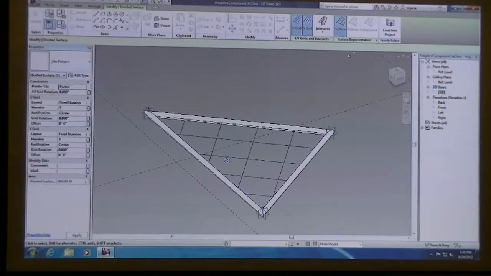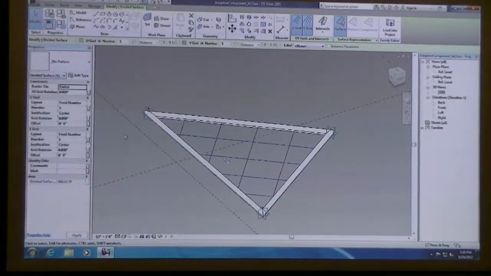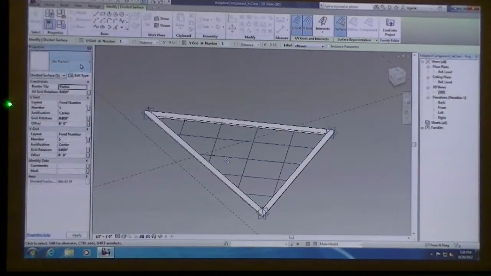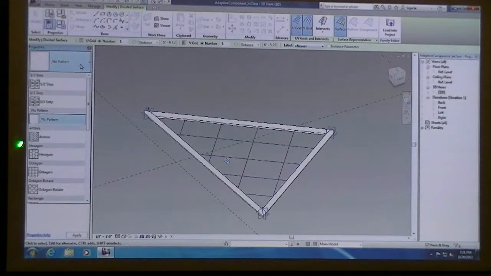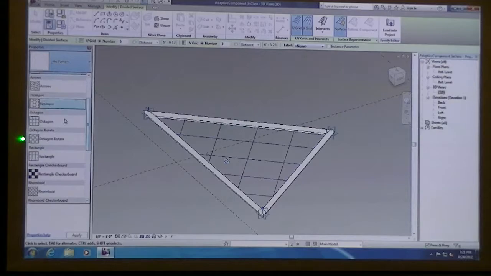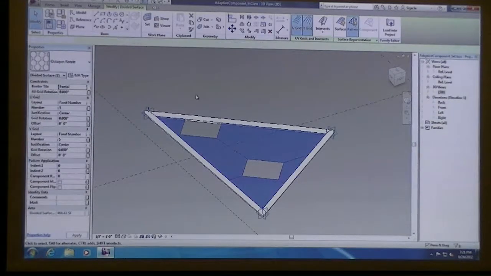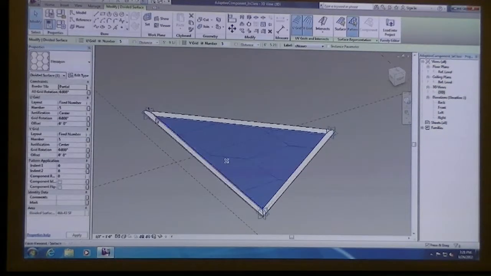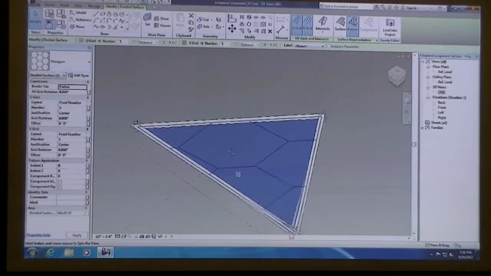And if I still have my grid highlighted, if you look off into the left, you can also change the type of grid that you have with these preset patterns. And I'm going to tell you right now that Revit doesn't allow you to actually change or edit these patterns. These are built into the program at the current version. So these are the only patterns that you can currently pick from.